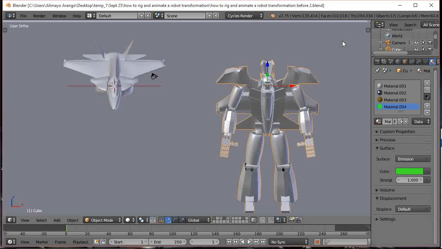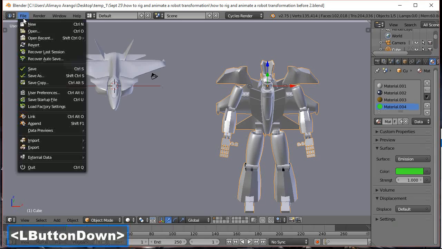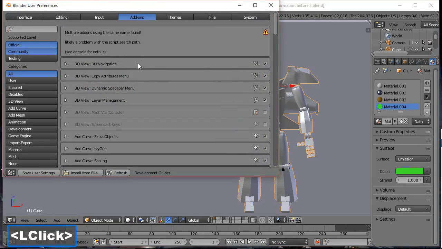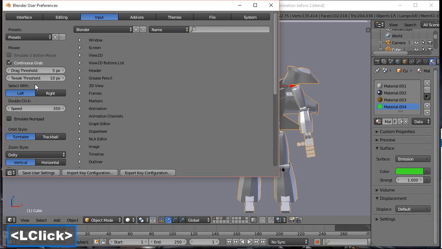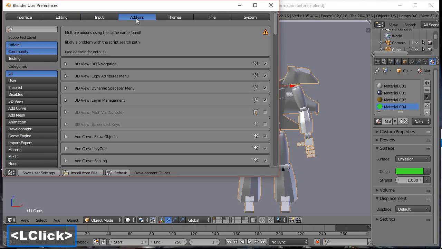Okay, if you haven't seen the previous tutorial, I would recommend that you go and check that out. However, if this is your first time in Blender, I recommend you go to File, User Preferences, go to Input, choose Select with left click. Blender's default select is with right click, and this may confuse you if you're coming from Adobe or other 3D programs. Also, if you press click-ons here, and you should press click-ons, I recommend you put a check mark next